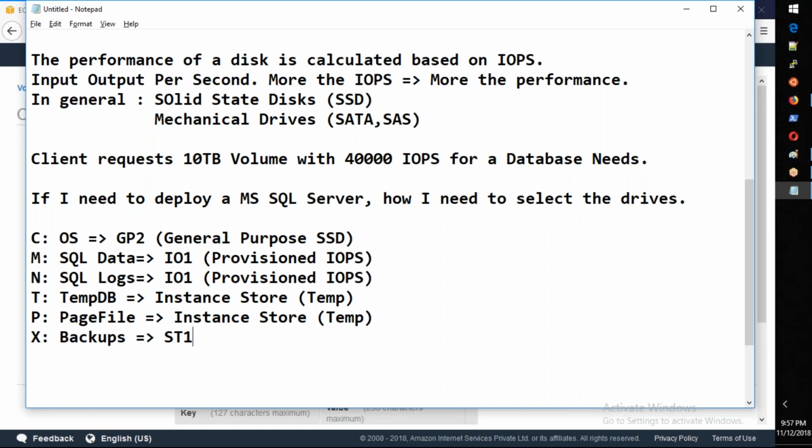This is what you need to propose when you are deploying a SQL server, so that the person who sees it understands, okay, so this guy has selected SQL data and logs for high performance because they required more performance. Okay, now do you understand where and exactly why we need to use the different types of EBS volumes? Any questions here,